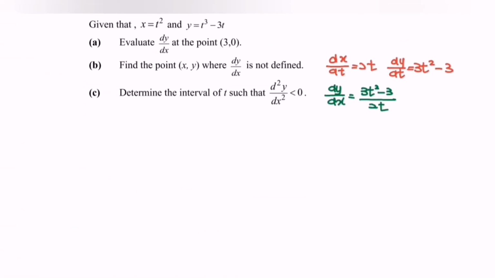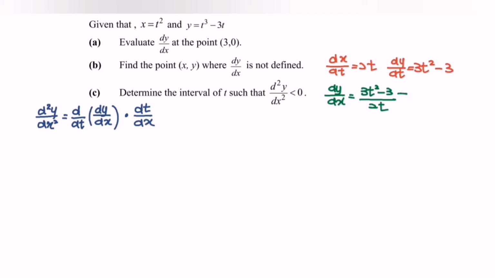So now we are going to discuss C. First we are going to find the second derivative. Before we start, we have to know the formula for the second derivative of a parametric equation. The second derivative is equal to differentiating dy/dx with respect to t, then remember to multiply by dt/dx. So first we are going to differentiate dy/dx, where